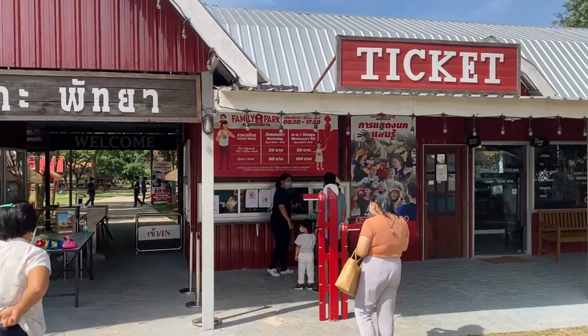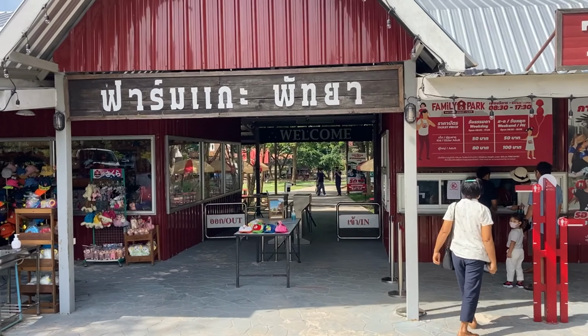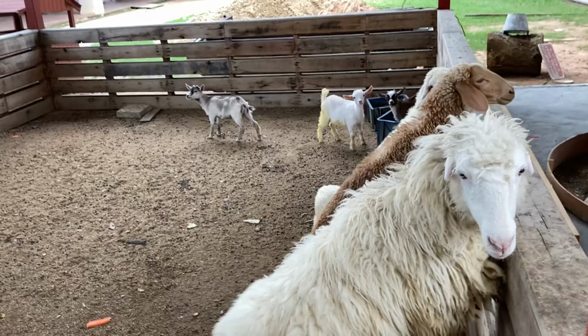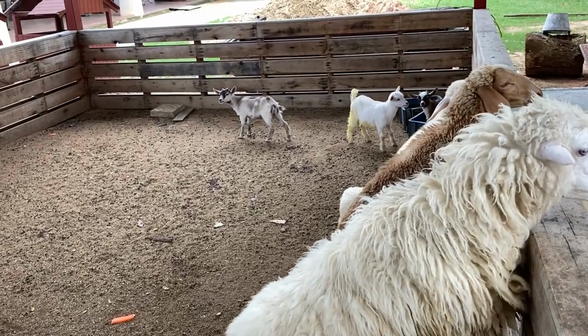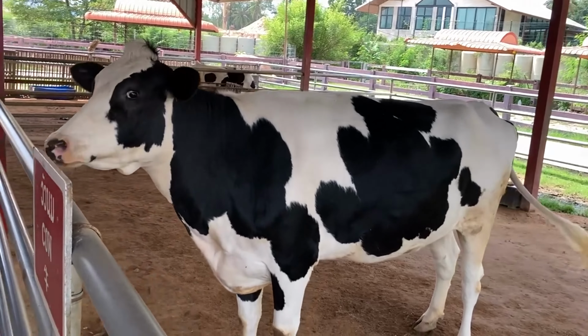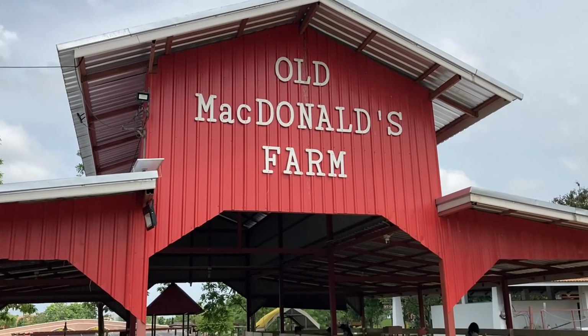Pattaya Sheep Farm is the largest sheep farm in Thailand. Located about 30 minutes from the beach, it may be out of your way if you're driving from Bangkok. But if you're driving from the eastern side of Thailand, it will likely be on your way. Pattaya Sheep Farm also opens at 8:30, so you can easily hit up the farm before enjoying a nice long